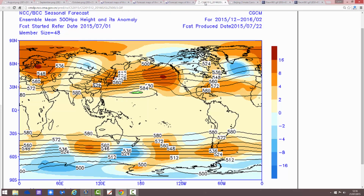Right, I said we'd have a look at the Asian Climate Centre for the winter, so this is the latest update from the BCC. This is the 500 millibar height anomaly for December to February 2016, so this covers the winter period. What the model is seeing at this very, very early stage, remember this is really early stages, I shouldn't really be showing you this, it's too far away, but I thought I'd just throw it in for a bit of fun. But it's showing low pressure in the central Atlantic, a lot of ridging out to the east